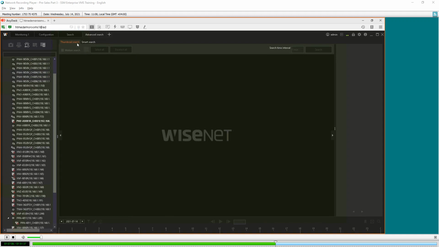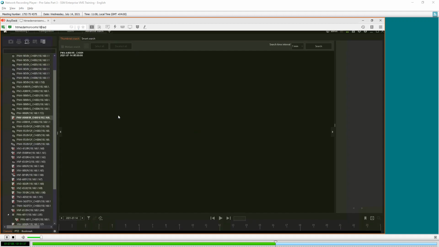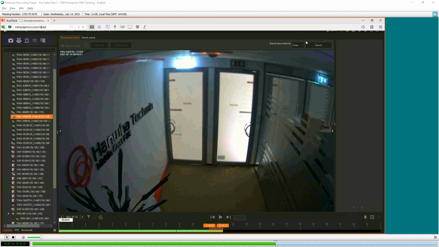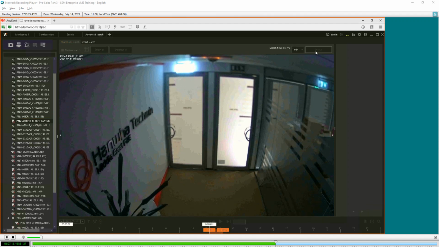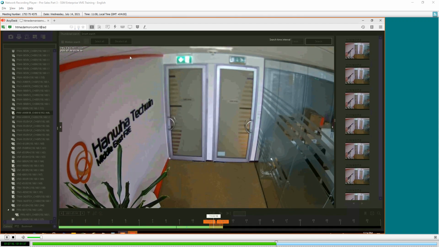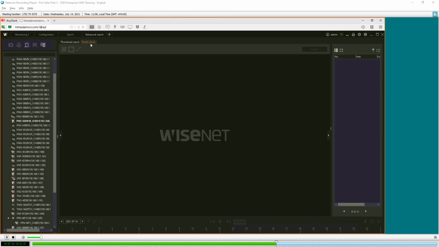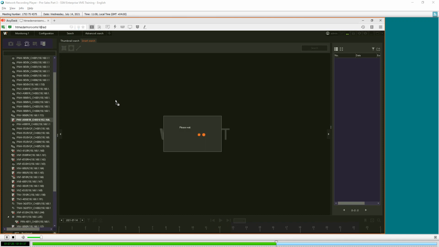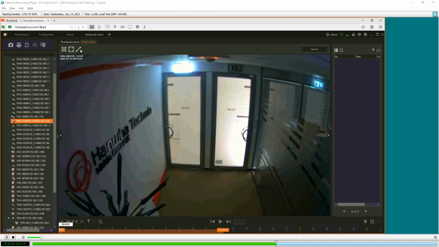We have thumbnail search. Thumbnail search is where you tell the system to create a snapshot every minute. Then we can talk about smart search.